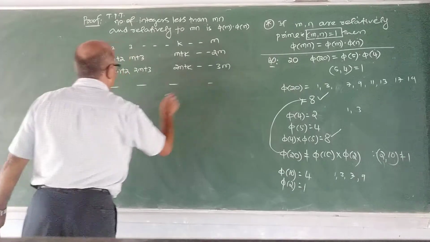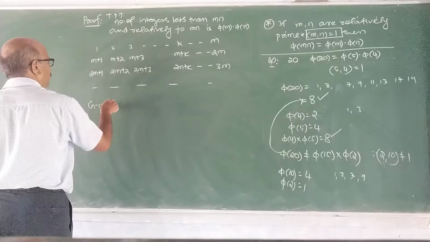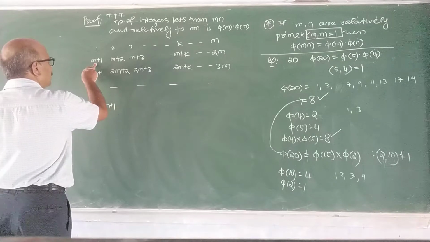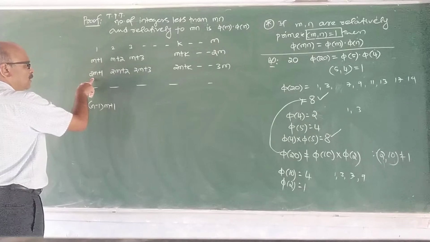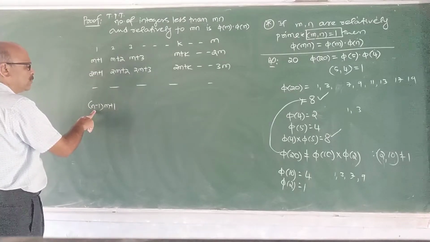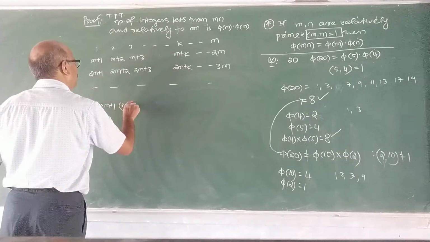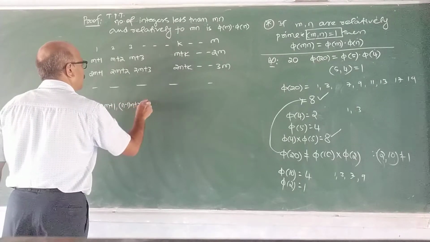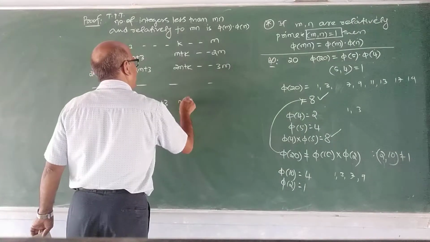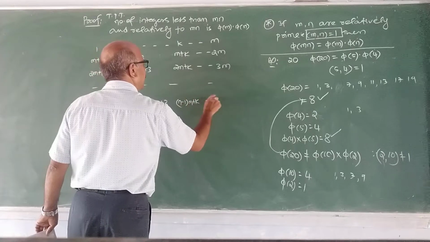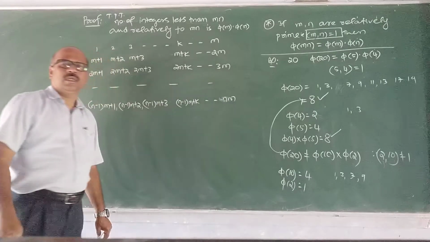And similarly, we express like this: n minus 1 m plus 1, because see it is m plus 1, 2m plus 1, third row consists of 2m, nth row consists of n minus 1 m plus 1, n minus 1 m plus 2, n minus 1 m plus 3, so on, n minus 1 m plus k, etc., nm. So this is the first thing.